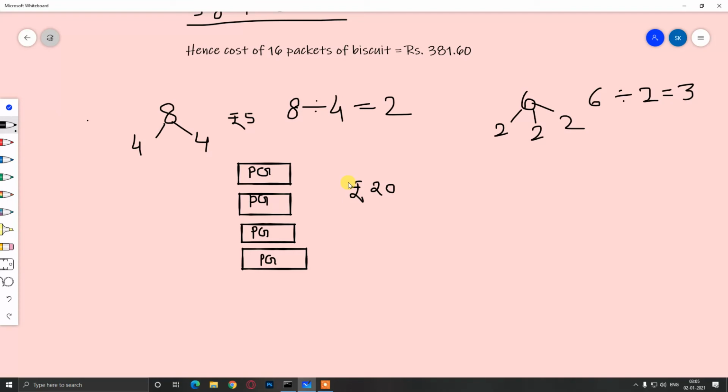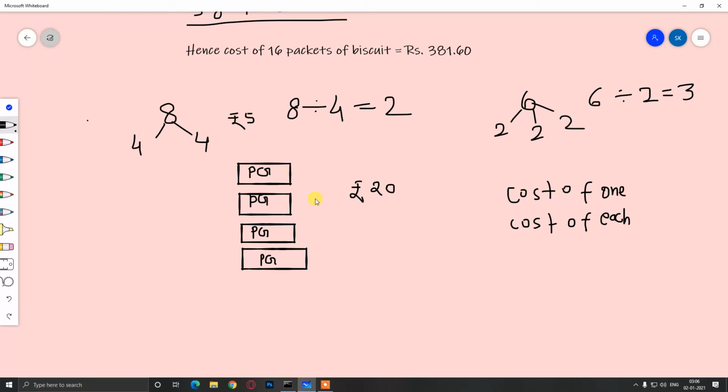Now in the question, if it is asked us to calculate the cost of one Parle-G, or if it is asked the cost of each, these are both the same thing. So the cost of each Parle-G is how many rupees, that we have to calculate. So for that, count how many Parle-Gs are there. Total 4. Okay, 1 2 3 4. So total 4 Parle-Gs are there, and we have to find the cost of one Parle-G.